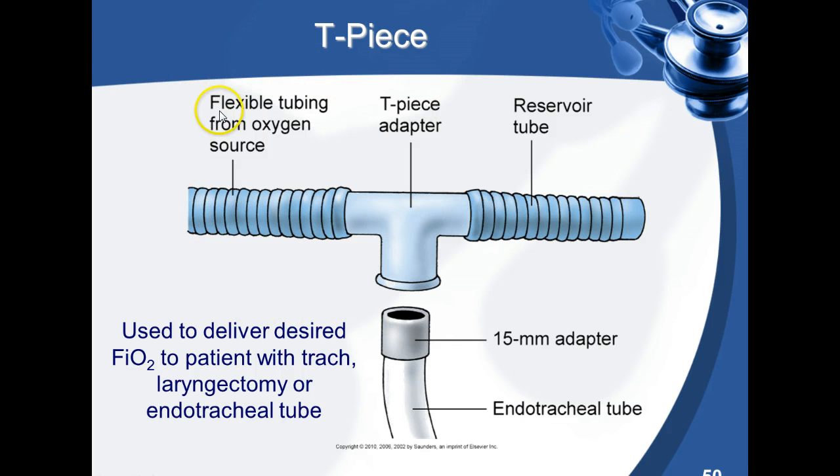A T piece is a flexible tubing from an oxygen source. Basically, for instance, let's say this is an adapter. A lot of times people have this going to whatever oxygen source, and you'll see a lot of people in the ICU, or if any of y'all go to somewhere like